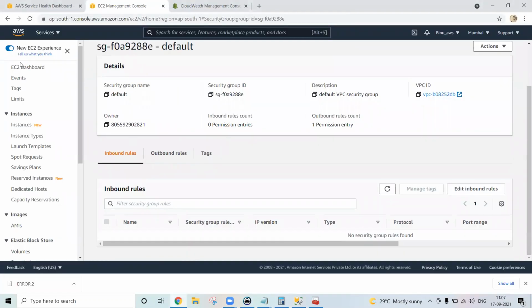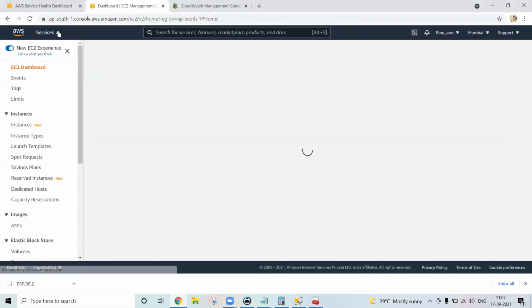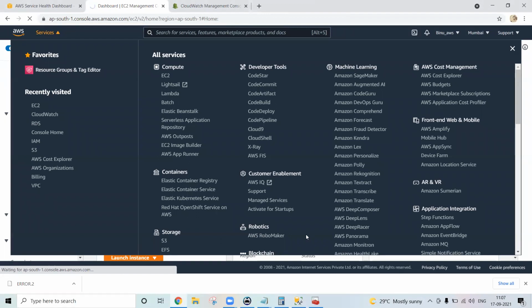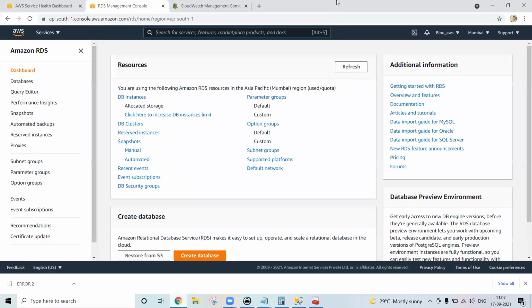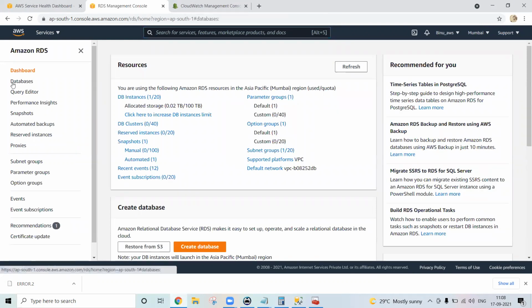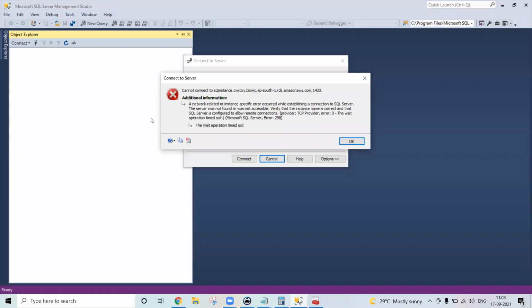It will not connect. So if you are unable to connect to the RDS instance from your local machine, you have to work on the access level, meaning the security group. These points you should keep in mind. See, not connected. Not connected means what? I am connecting from my local laptop, right? It means connection is not allowed in the security group from my local workstation to the RDS instance.